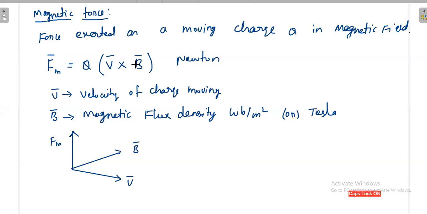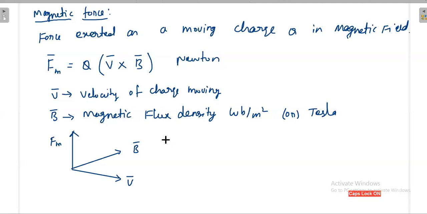See that magnetic field and charge are moving in one plane, but force is acting in some other direction. It is in a perpendicular direction. That's why in case of magnetic field, once you have a charge moving, if you apply the magnetic field, it will go in some kind of spiral direction actually. We'll see it later, but now note down this: the direction of the magnetic force is perpendicular to the plane containing V bar and B bar.